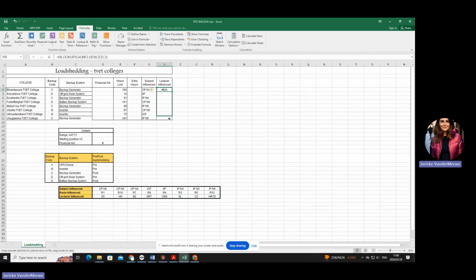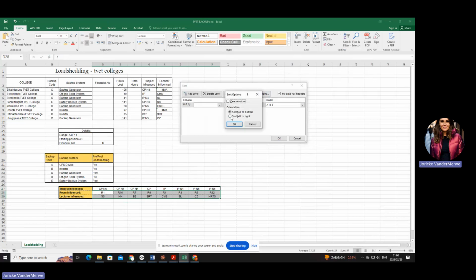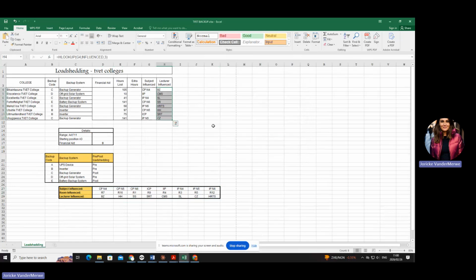Now look here what's happened. Why is this happening? Because I did not sort my table. Okay. So if this happened, don't redo it. Just go back to your table. Don't include your headings. Go back to sort and filter. Say custom sort. Make sure you're doing it correctly. If it's horizontal, it's left to right. If it's vertical, it's top to bottom. You're sorting it by row 27. You say okay. And can you see how that falls into place? You didn't have to redo it. So I want you to see the difference. Okay, are you with me?